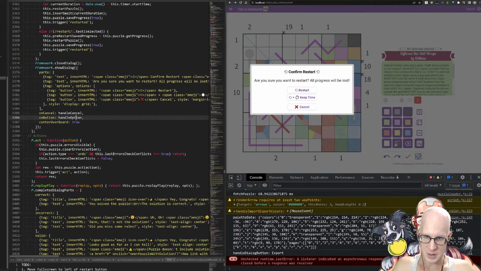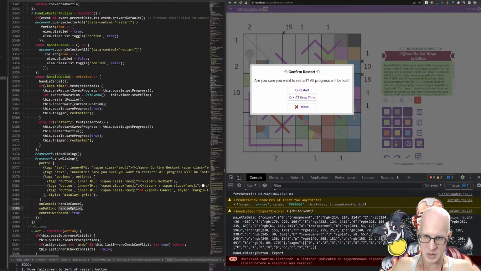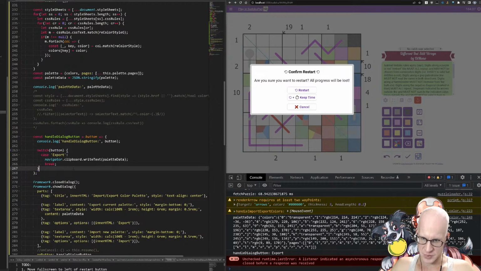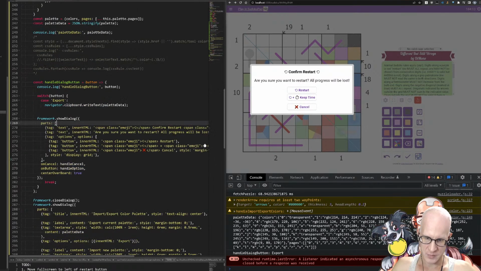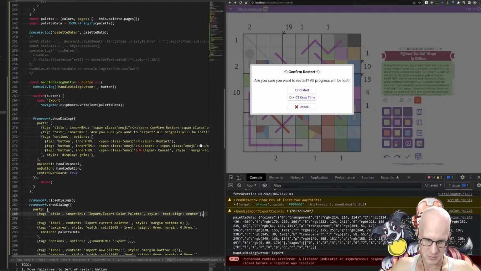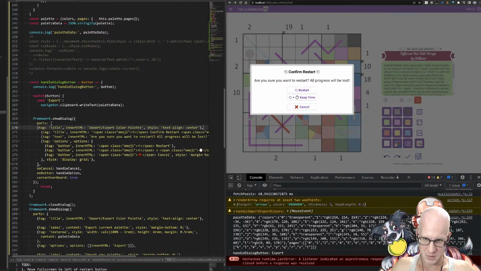Confirm restart, handle canceling option. Restart puzzle. So here, no, this doesn't give me a second confirmation. So all I really would have to do is just pop up another dialogue here, like a simple one. So if I do something like this, title, palette data copied,